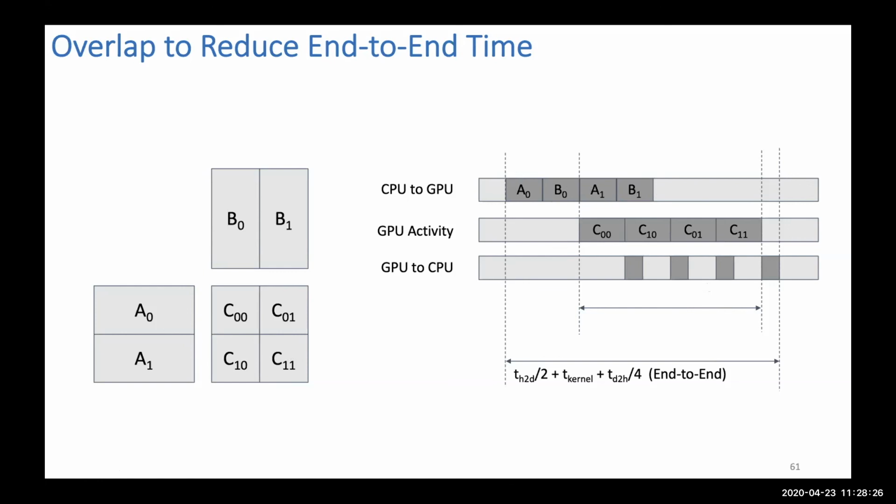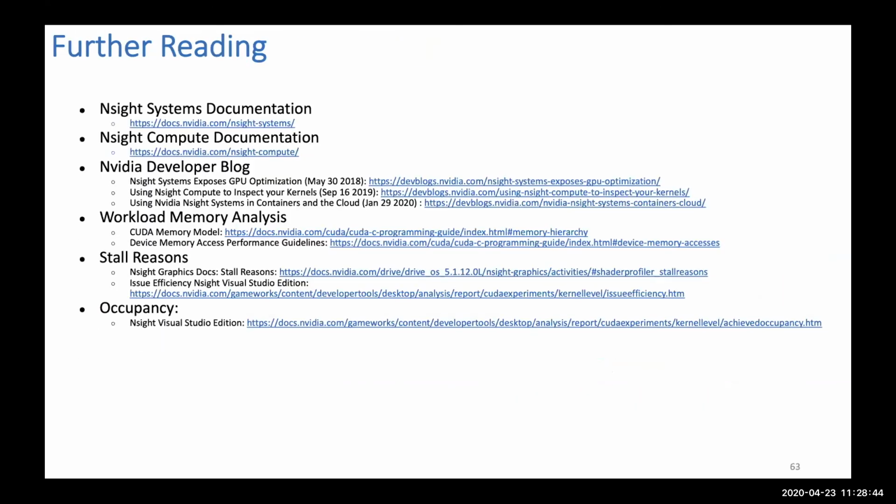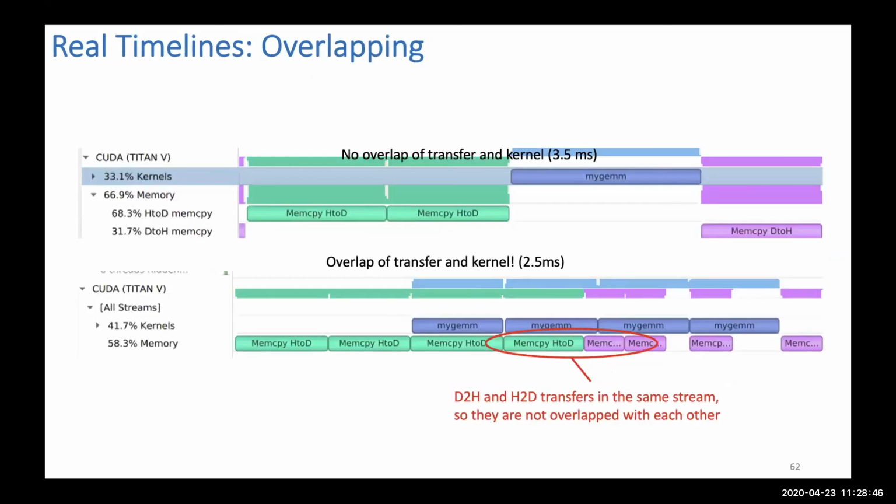And obviously this is also only beneficial if there is balance between the transfer time and the kernel time. If the kernel time is extremely long, then it matters much less how fast the transfer is. And if the transfer is extremely long, then there's really no point in overlapping it with the kernel. But anyway, these are the kinds of things you can see in systems and figure out how to best utilize